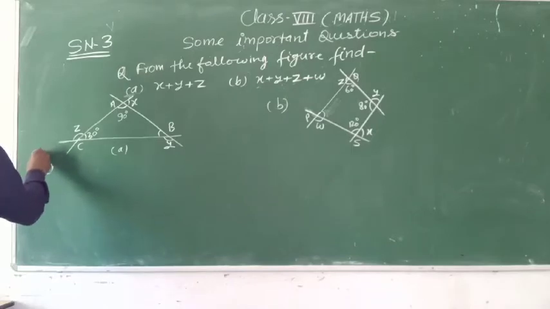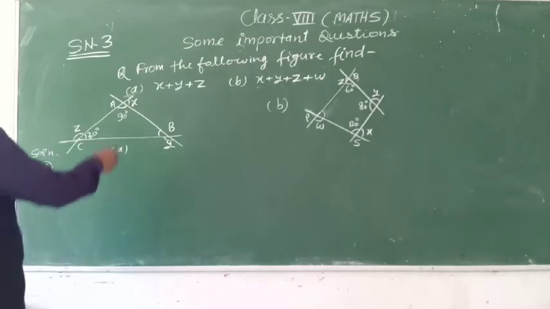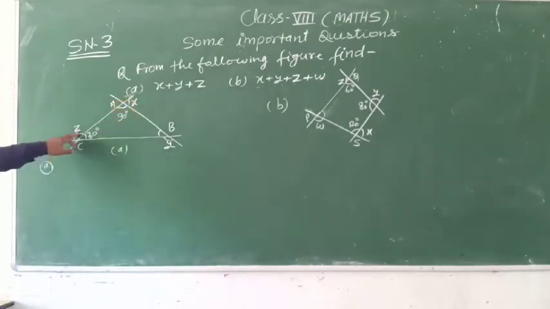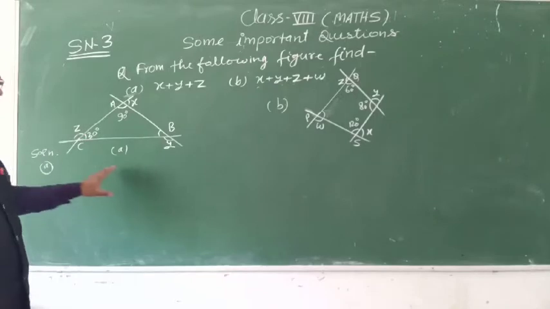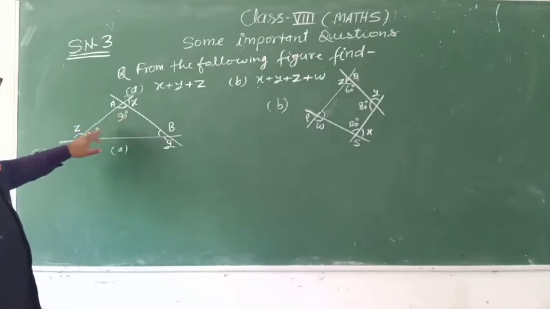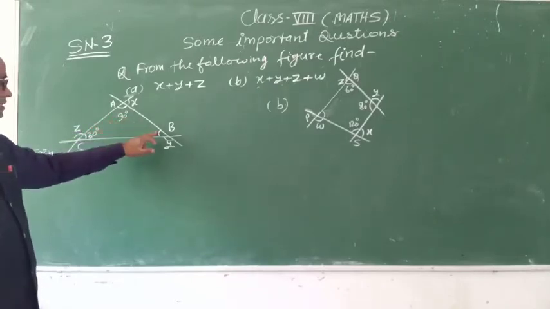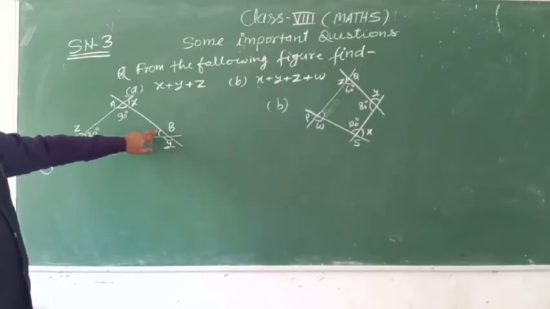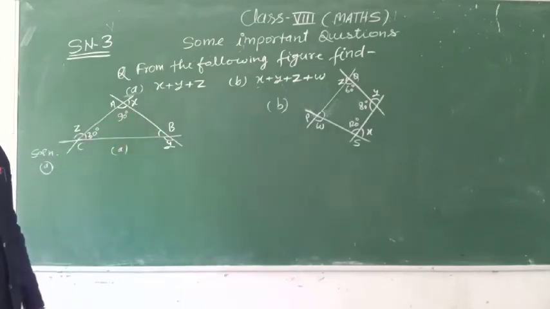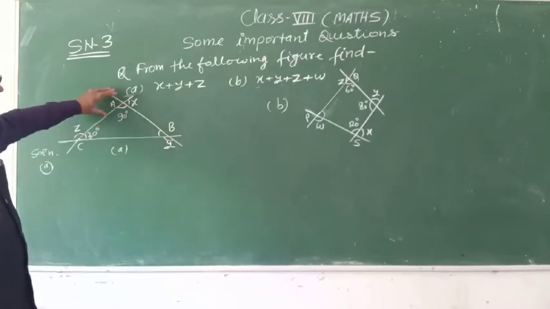solution of A. This z is the exterior angle and 30 is the interior angle. x, y and z are exterior angles of a polygon, okay, and 90 and angle B are the interior angles of this polygon. And you know that the sum of the